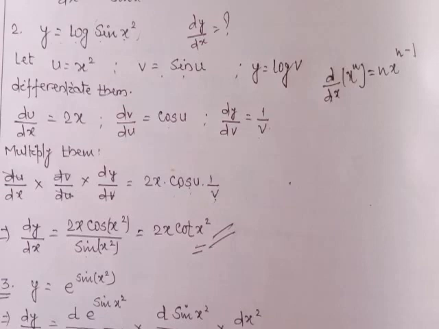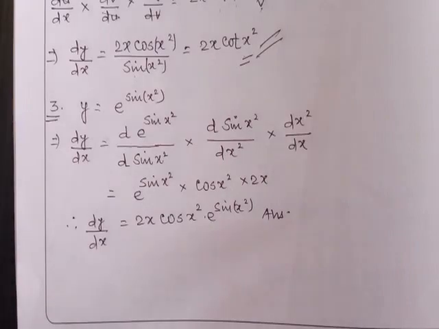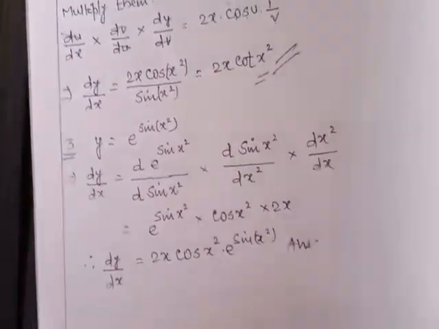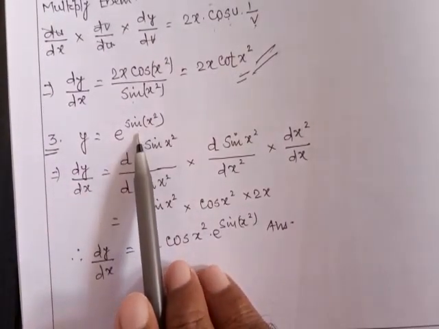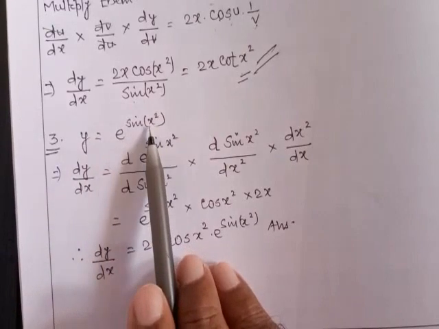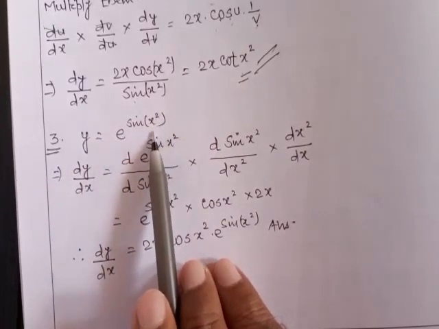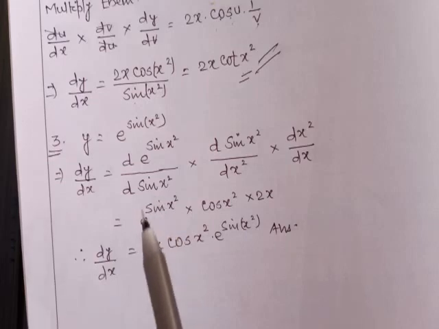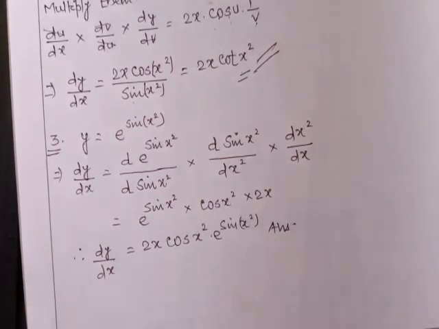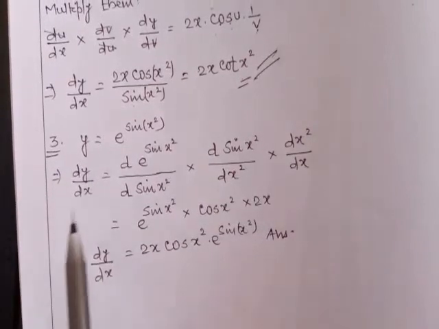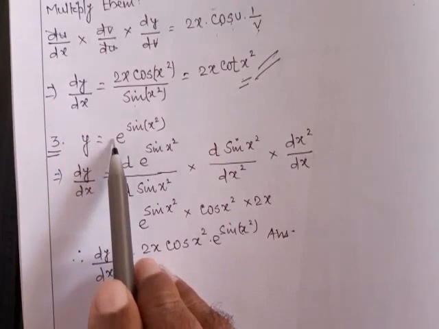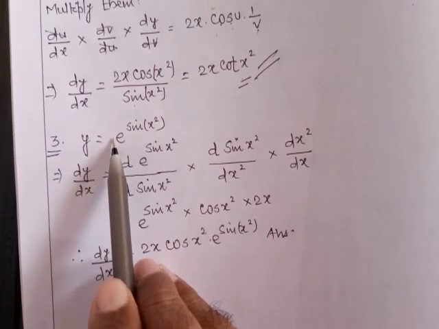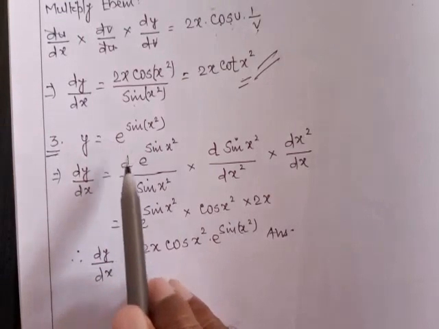Now students, see another question. Differentiate y is equal to e to the power sin x square. So here instead of theta, the angle is x square. So apply chain rule. See first another method, chain rule. I have already said dy by dx. I said last day that one term is left. So here left first e. So d of e to the power sin x square upon d of sin x square.